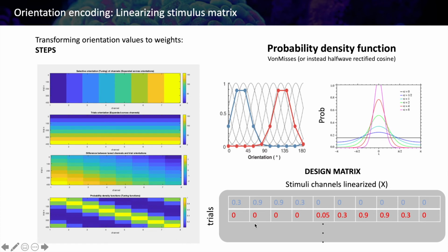This distribution has a shape like this, and as I said previously, you can define it by the center of the distribution, that in this case is 0, and the kappa, which is the spread or concentration parameter. 0 means that it is completely uniform, so all the orientations are equally likely. See that these are radians and not degrees or longitudinal units.